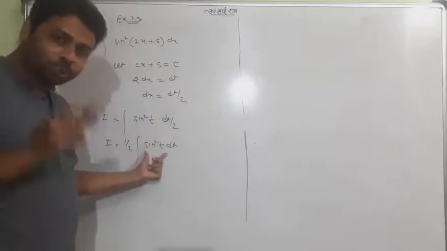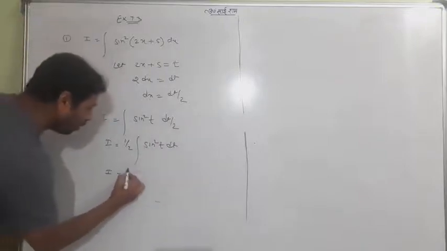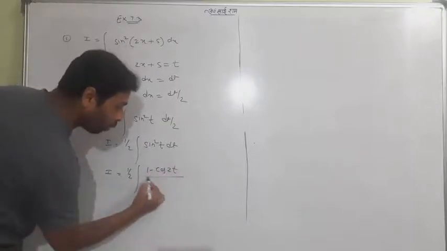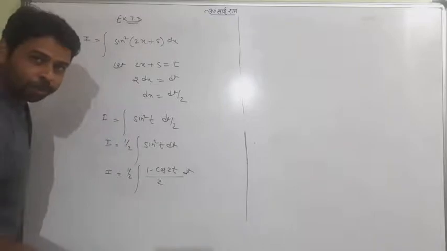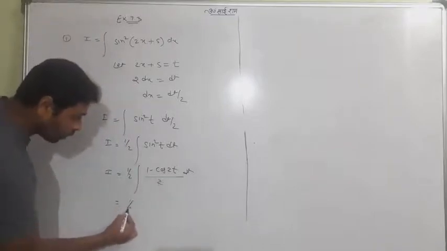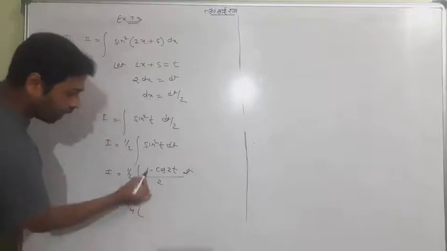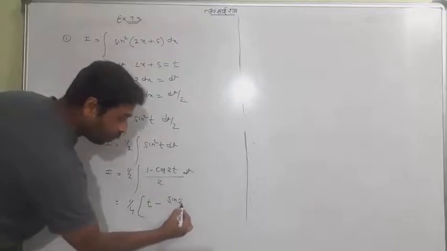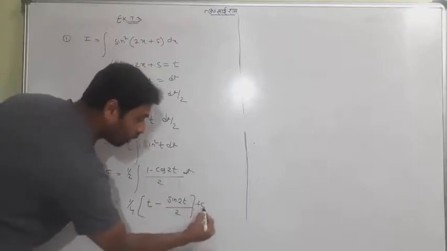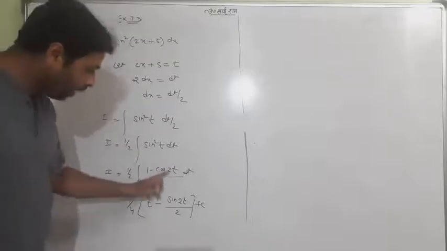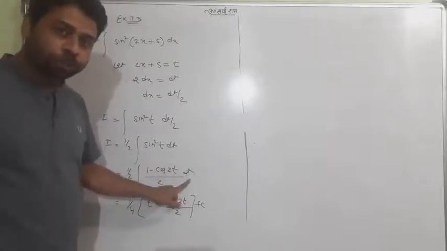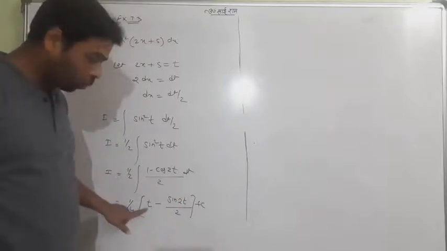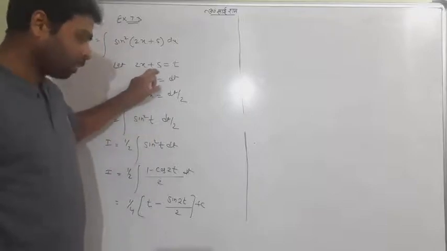Now sine square t, you know the method. Now the same way I will change this sine square t in multiple angle formula. 1 minus cos 2t upon 2. Simple. And then 2 and 2 is a 4, and now integrate both the terms. Like integration of 1 is t, and integration of cos 2t is sine 2t upon 2, because the coefficient of t is 2, and the whole integration is with respect to t. So this is the answer. Now you can further do the work. You can take an LCM. You have to put the value of t ultimately, which is 2x plus 5.